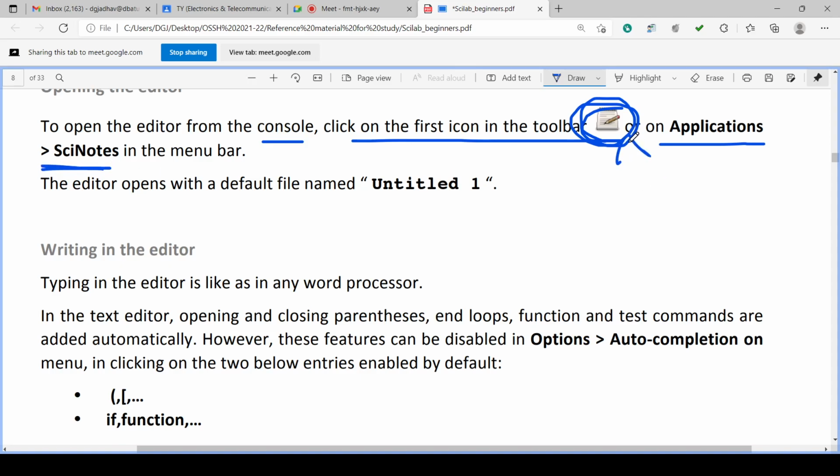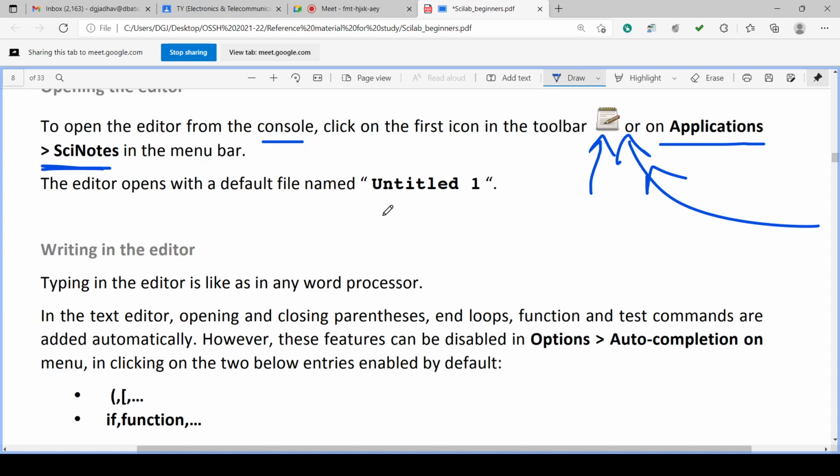To open SciNotes, we can click this button and it will open the editor, or click on applications, and under applications click SciNotes in the menu bar. Or on the toolbar you have this symbol, and you can click this symbol for opening the editor or SciNotes.